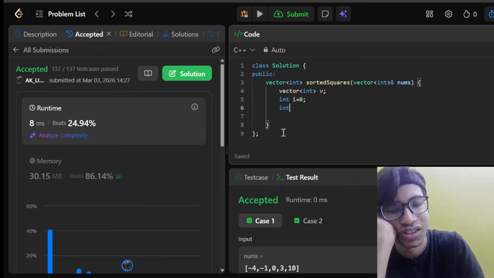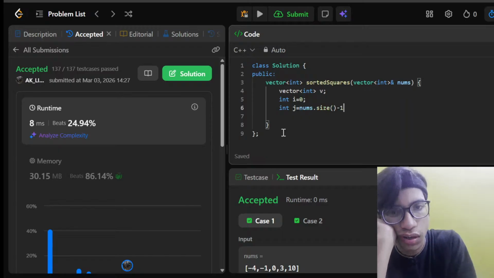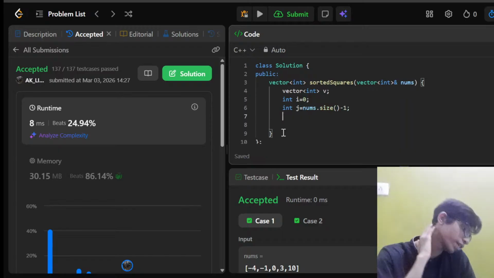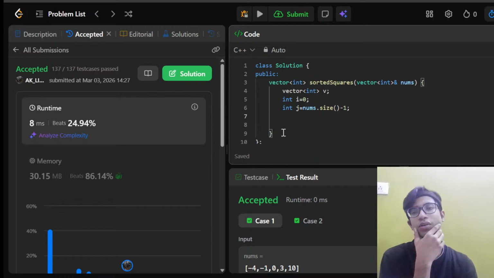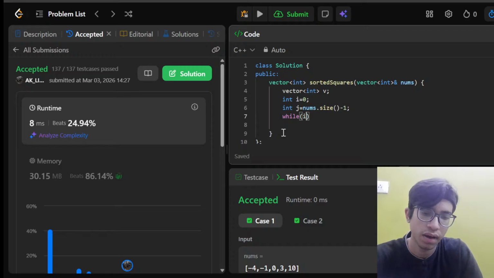Int j is equal to nums dot size minus 1. And yeah, I think I figured it out. How am I going to do this in n log n? Not n log n, but O(n). I can do it in O(n), I think. So this is what I'm going to do. So while I less than or equal to j,